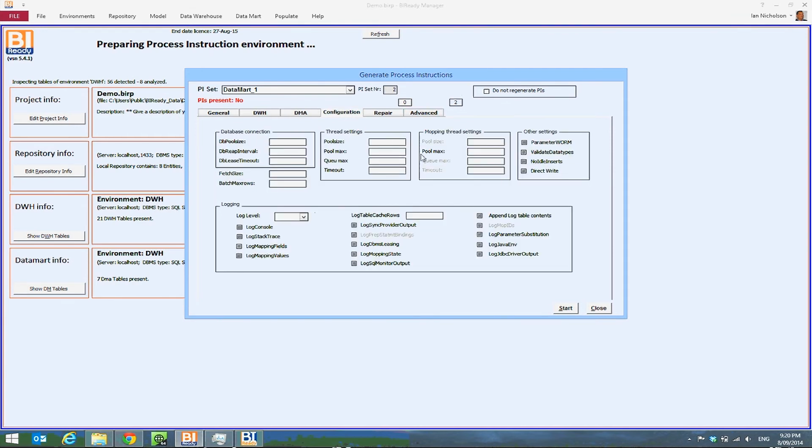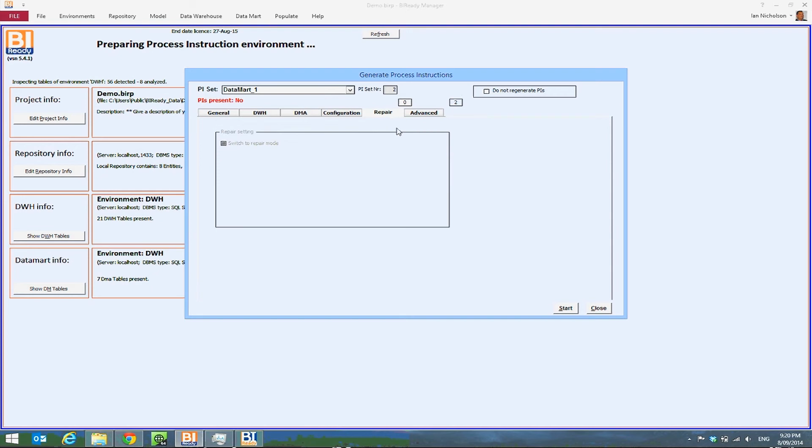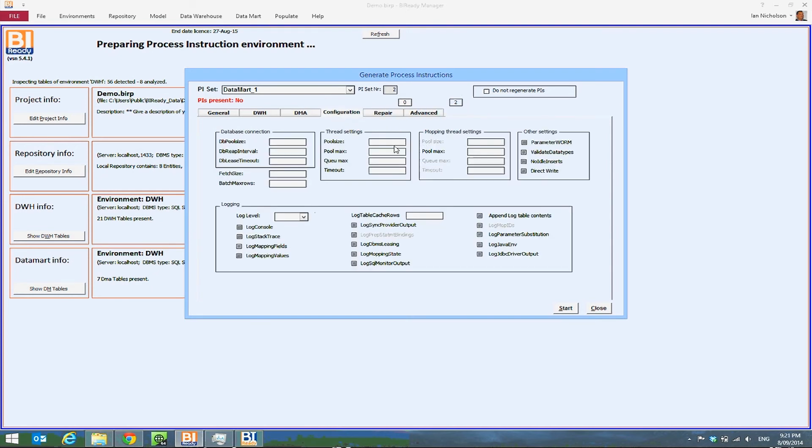There are some extra features, by the way. I should have shown these before. Extra functions there for the data warehouse, database techies among you, for configuring BIReady to your database preferences. But I'm just going to hit Start,